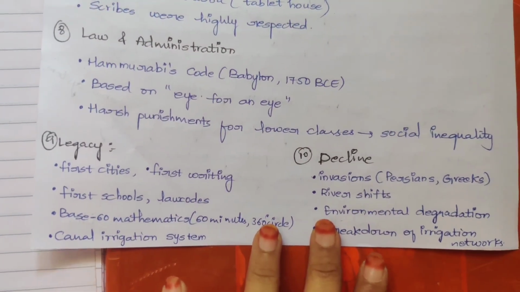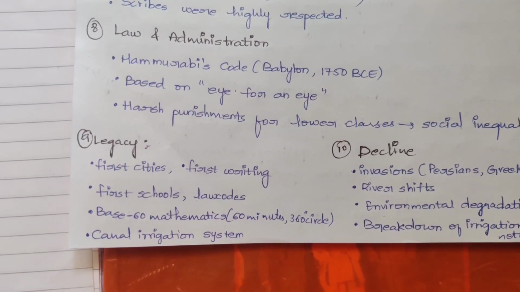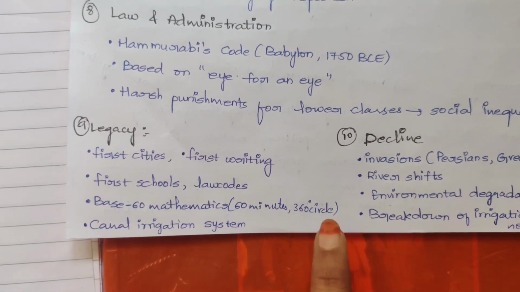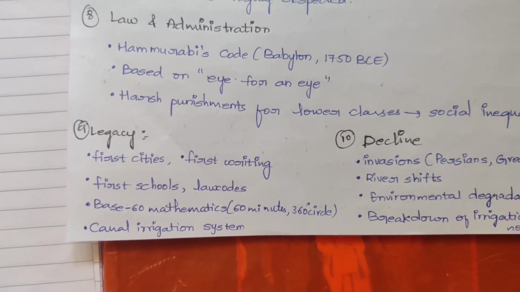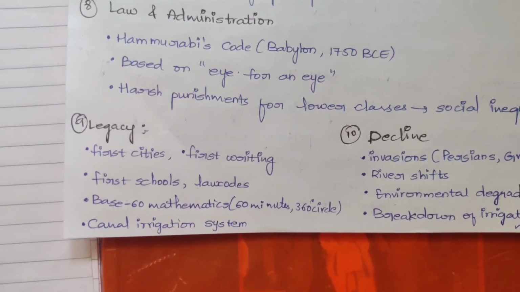There was a social inequality. Legacy: first cities, first writing, first schools, law codes, base 60 mathematics, 60 minutes and 360 degree circle, and canal irrigation system. So these were the main things in Mesopotamia